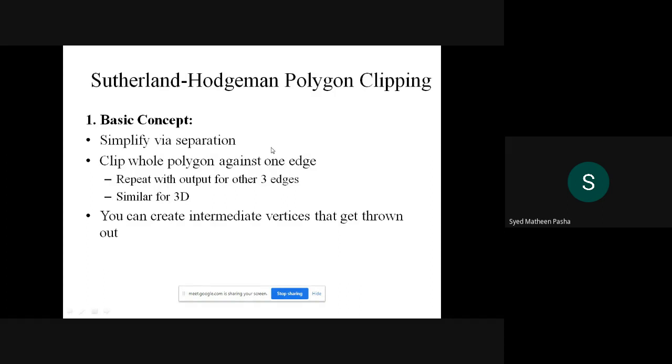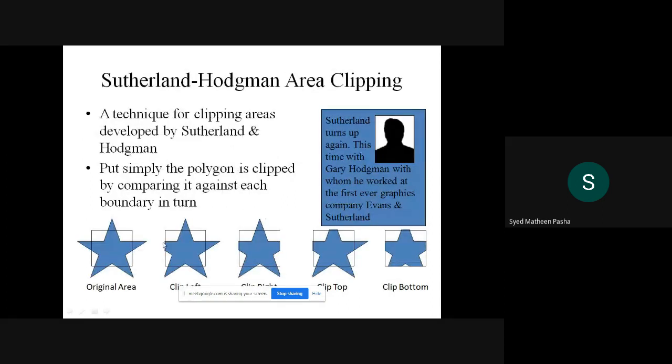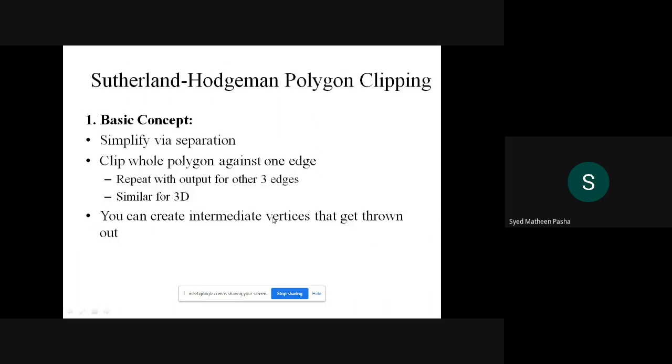Similarly, I am clipping here for only one edge. Once the first edge is done, the second edge is defined here, that is, the second edge is removed here. Similarly here the third edge, similarly the fourth edge. So this algorithm performs individual classification and removal of the area. This is similarly performed in 3 dimensions as well.